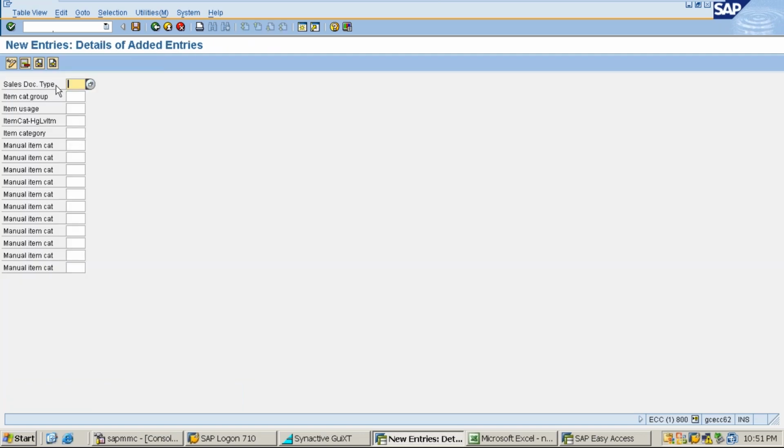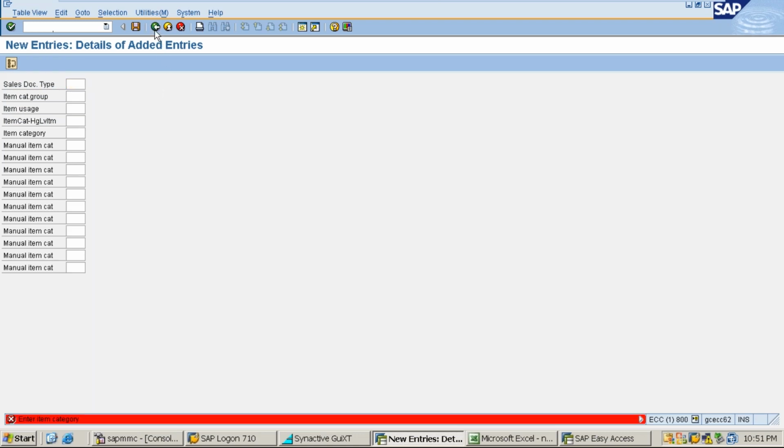sales document type. What is the sales document type? The one we just copied, which is ZOR. And item category group. The item category group is copied from the material master, for the standard, which is NORM. And usage no need to maintain. Higher level item category no need to maintain, for ZTAN. So the system is saying that an entry already exists with the same key. So I just want to skip it.